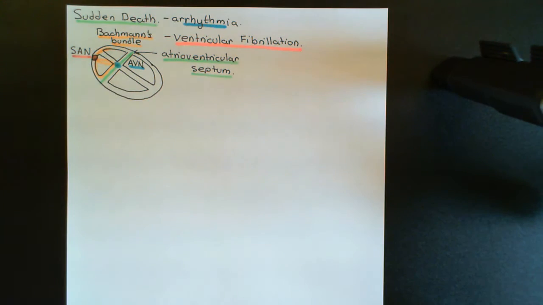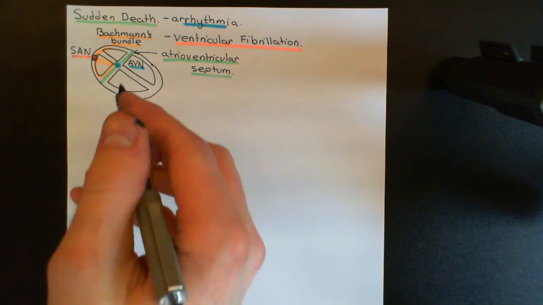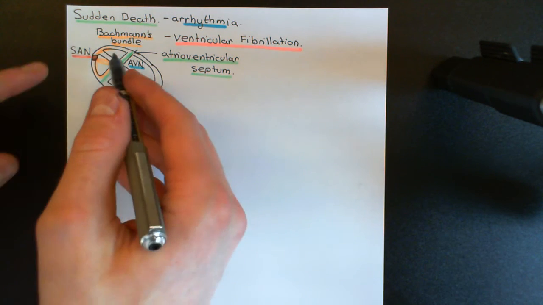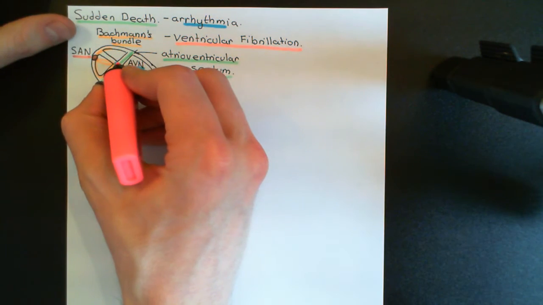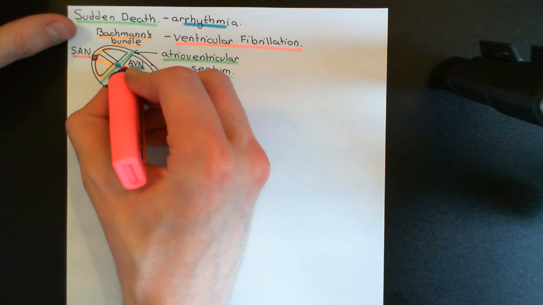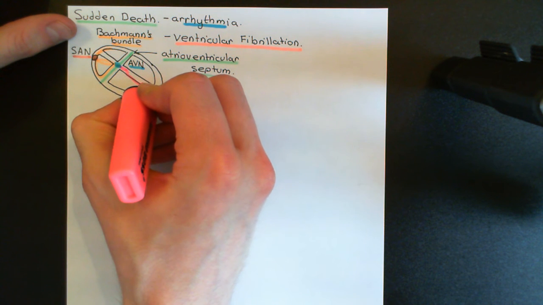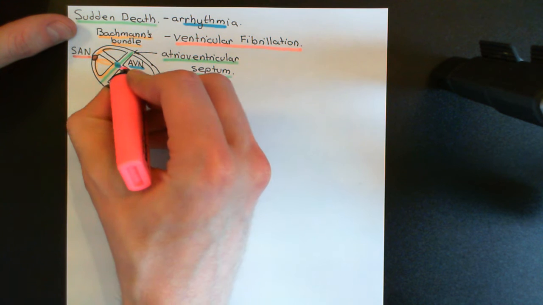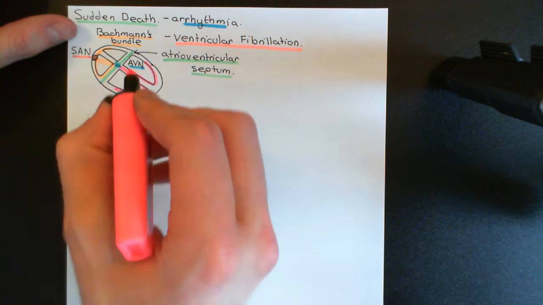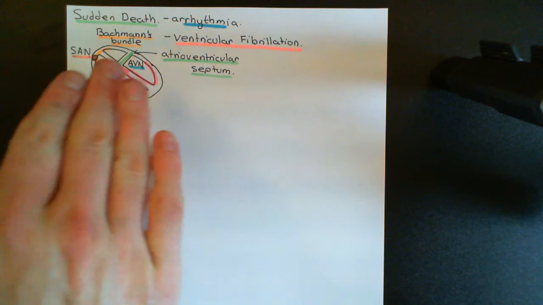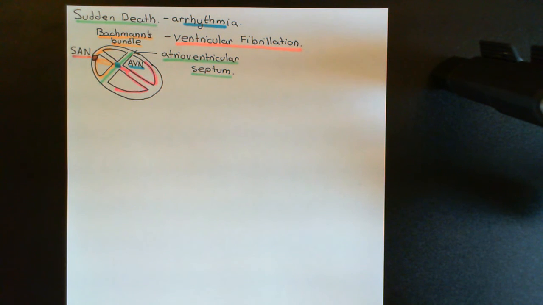The atrioventricular node takes its time in conducting the electrical signal from the atria to the ventricles, so that the atria have time to push the blood into the ventricles before the ventricles are going to contract. And then it's going to deliver it onto the ventricular conduction system. So you have the bundle of His here, which splits into the right bundle branch, like so, and the left bundle branch, and these are special conduction pathways that are insulated from the surrounding contractile cardiomyocytes,